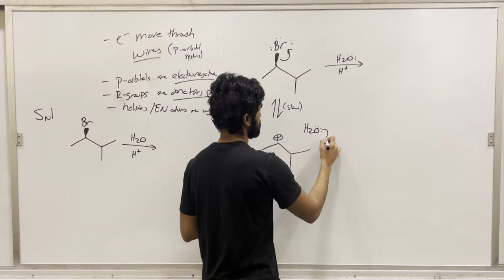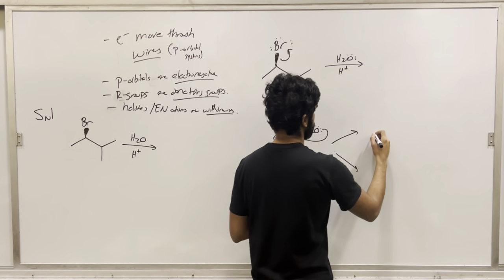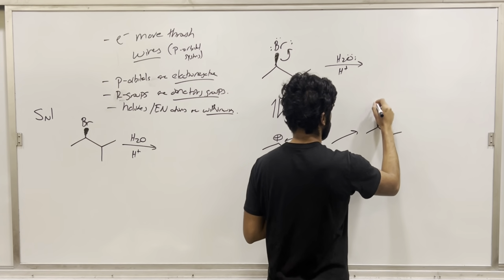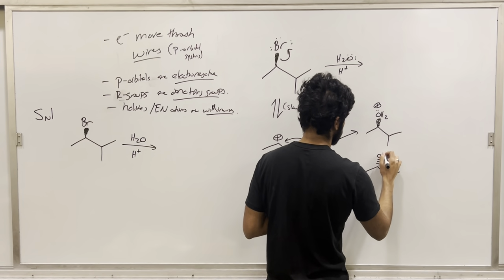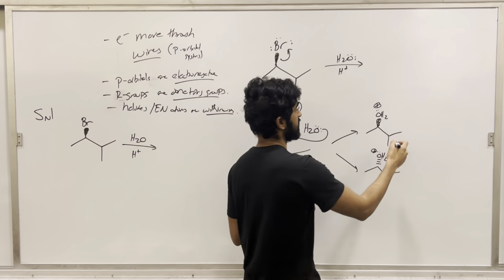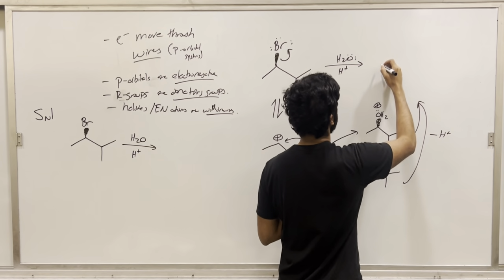I know what happens. H2O comes here, and we get two products, one of which is the R enantiomer, and one of which is the S enantiomer. So it's going to be a racemic mixture. It's a mix, right? So then when we deprotonate both of these, we get